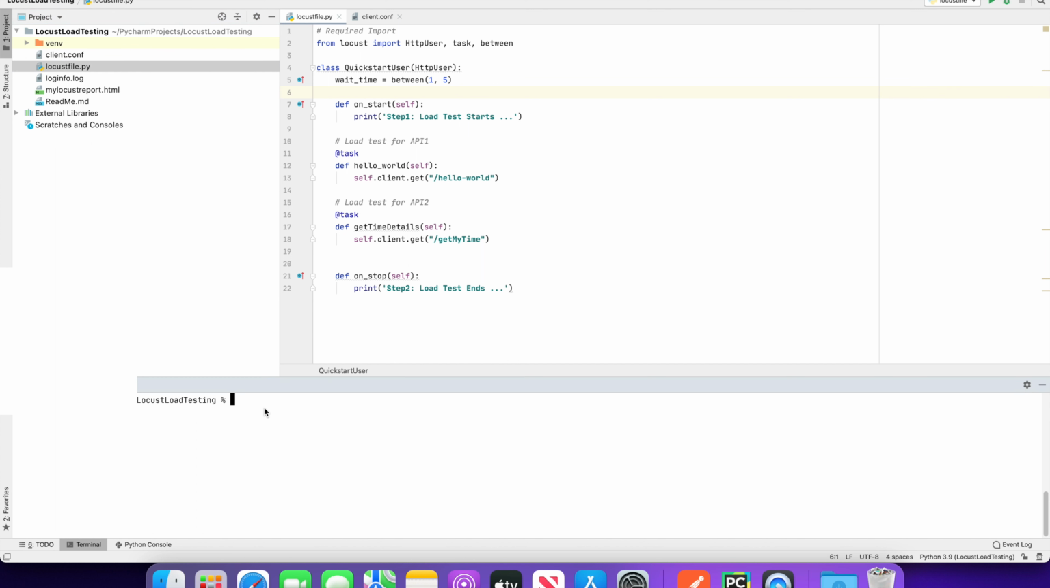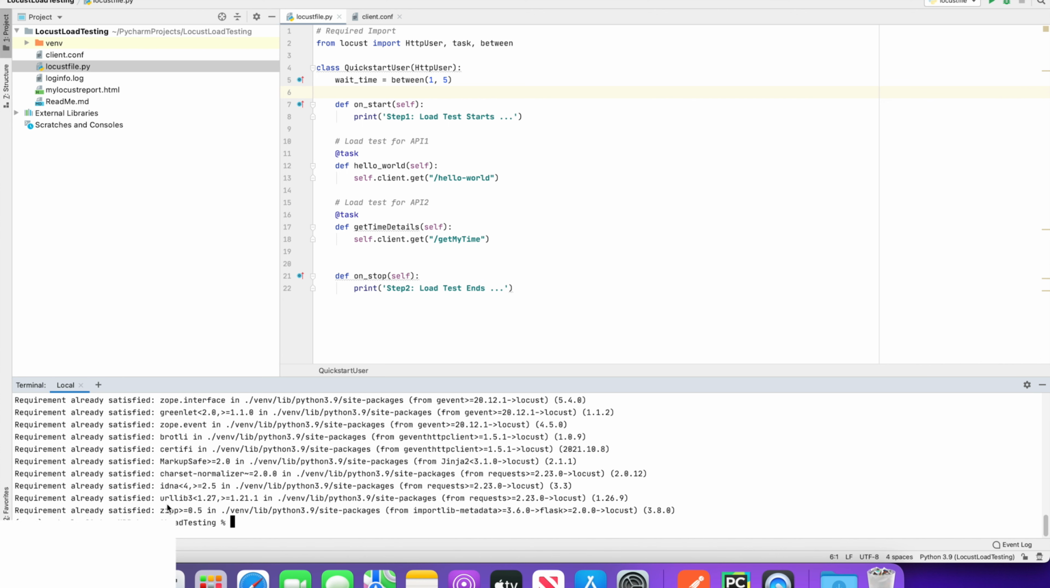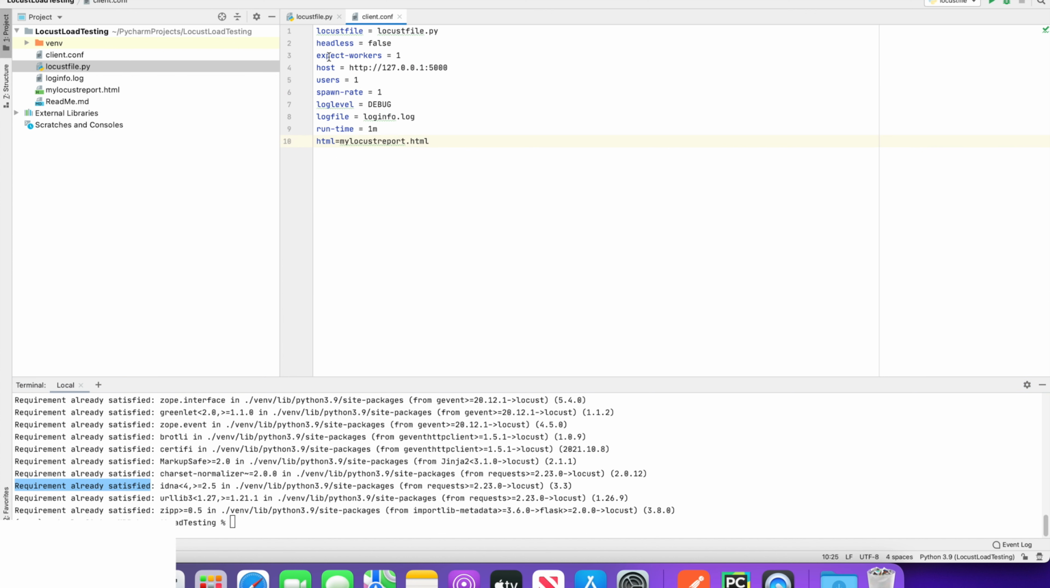So if you want to install, you can do pip3 install locust. For me it's saying that requirement already satisfied because I already installed these libraries, but you can do the same thing, pip3 install locust. That's the installation part. And so here I said we need two files, the client.config as well as the